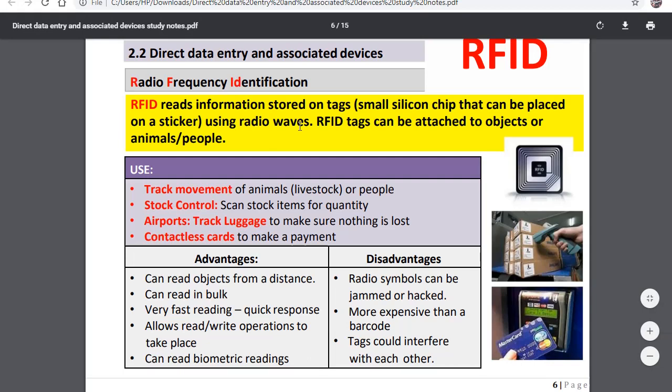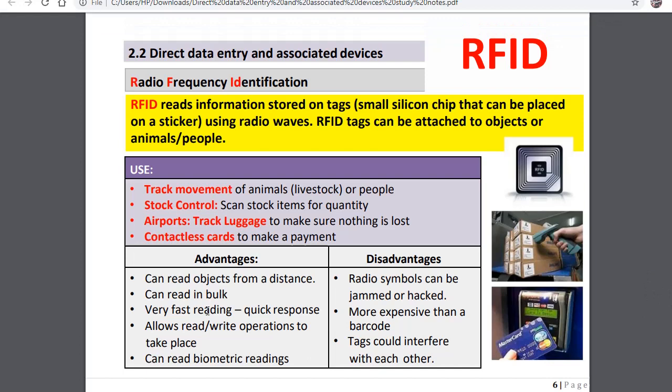Okay? The usage of RFID will be to track movement of animals, stock control, scan stock items for quantity, and in the airport to track luggage to make sure nothing is lost. Contactless card: the technique of the radio waves of RFID could be used in the contactless card we're having here. The advantages and disadvantages. Advantages: it can read objects from a distance, can read in bulk in large amounts, very fast